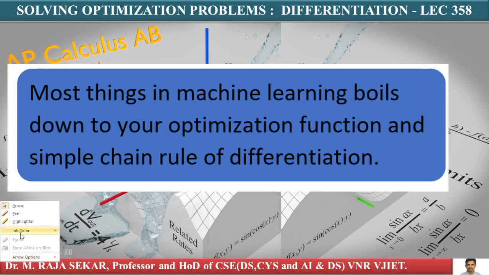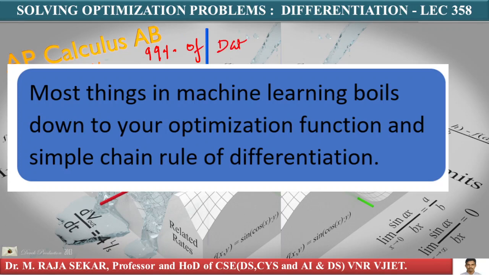I can say 99% of data science optimization depends on these two ideas. What are these two ideas? Ideas like differentiation, maxima and minima. Of course, there are some other ideas like integration